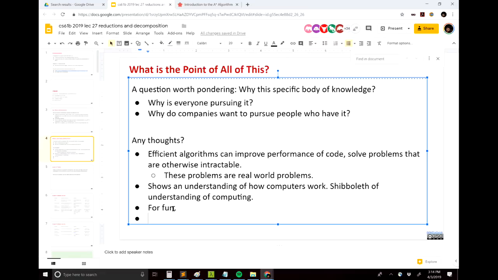I see. Easier. Oh, for interview. Provides a common platform for interviewing for technical knowledge. That's an interesting thought. So everybody teaches this stuff, so all the companies know that you kind of know it. So then they have this as a basis to work on. And I think this is actually reflective of a more important point, which is that